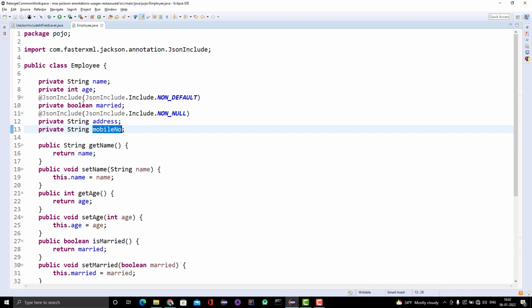Now let me show you one thing. It's not that if you're using something at property level you cannot use it at class level again.